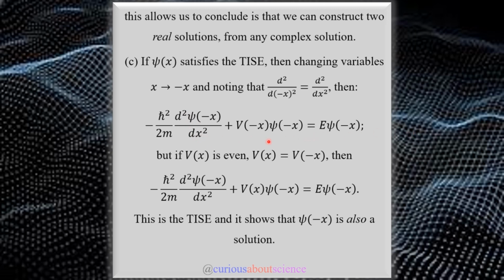So if we plug it in, we see that we get nothing changed here, and everything else is fine here. What we have to highlight here is that this potential is the only thing that does not match the time-independent Schrodinger equation in its original form. However, the theorem stated that if the potential is even, i.e. V of -x is equal to V of x, then we end up with a very similar equation, and this is indeed the time-independent Schrodinger equation. And so this shows that psi of -x is also a solution. Now, with the fact that we have a psi of x and psi of -x, guess what? We can use linear combinations to show that we can set up whatever kind of solution we want, even or odd. Let's see how that's done.